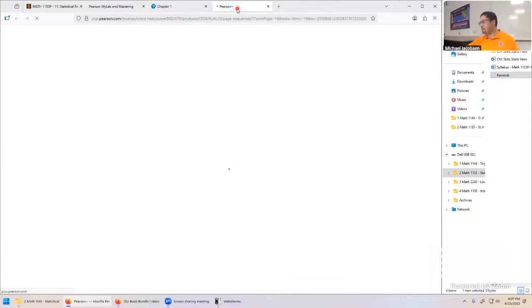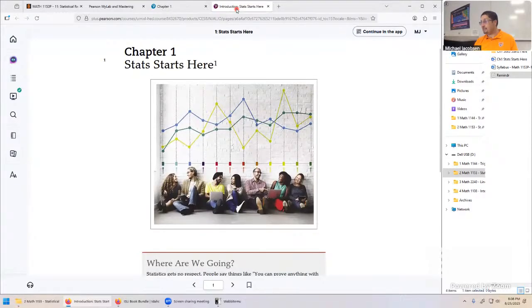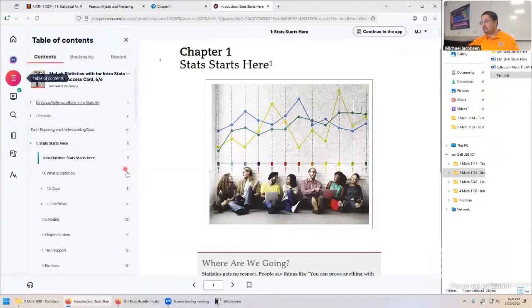It says ebook 2, Pearson Plus. There are a lot of weird features in this thing this semester. So let me just show you what some of the things are. First, it looks like it takes us to the right page, but if you're not sure, you probably want to click on table of contents. This is where I would have hoped they gave us a link to, the direct table of contents. We're in chapter 1, so we're in the right place, the very first part, the chapter opener.